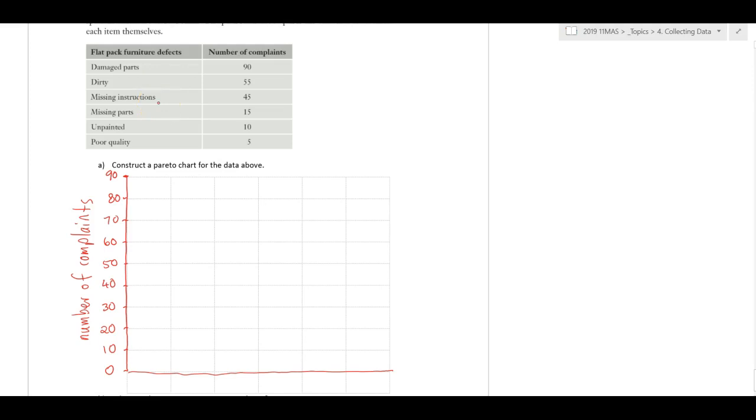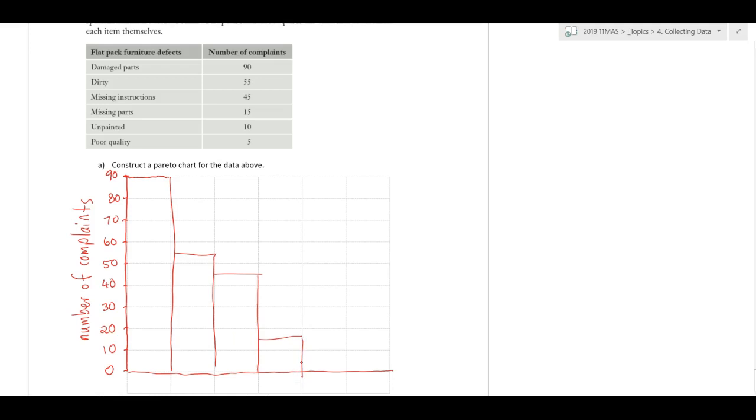I can draw a column graph or bar chart in descending order. Now, these have been arranged in descending order already, but with a Pareto chart, you always put the biggest score on the left. Right. So my first one is 90, right? Across here and down here like this. Fabulous, yes? Then a 55 is around here. A 45, a 15,